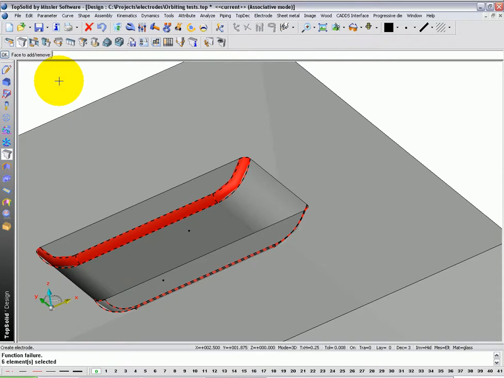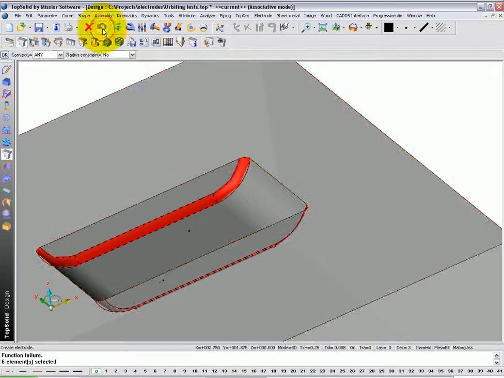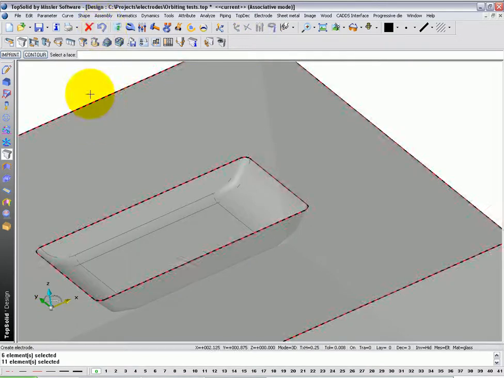And here we get a function failure. Why? It's because it doesn't know what to do with this face. It can't extend it up the height I wanted. So if I undo, undo, undo,